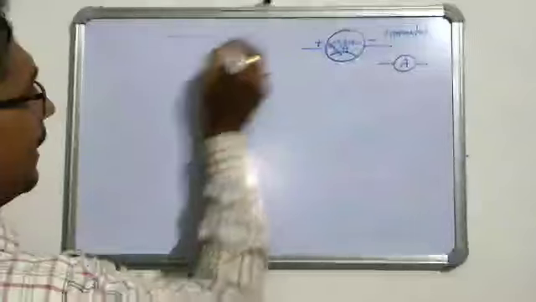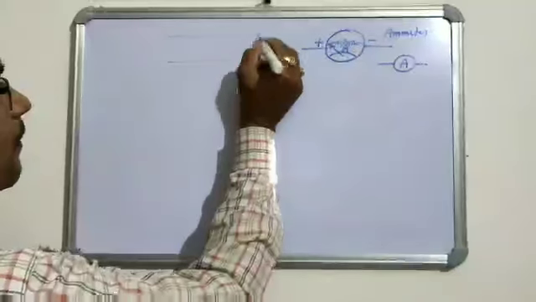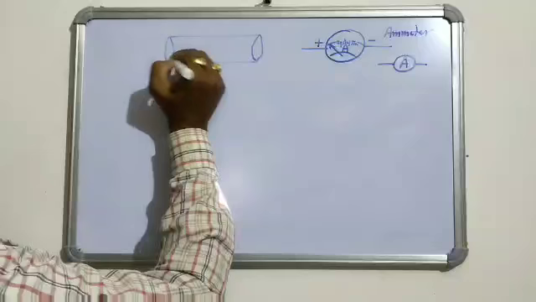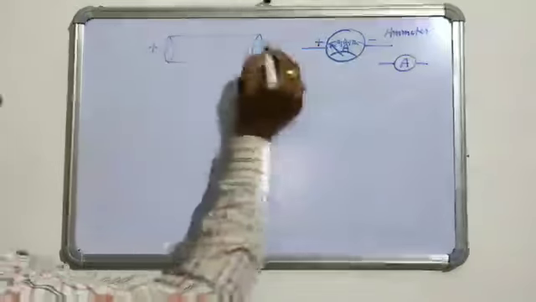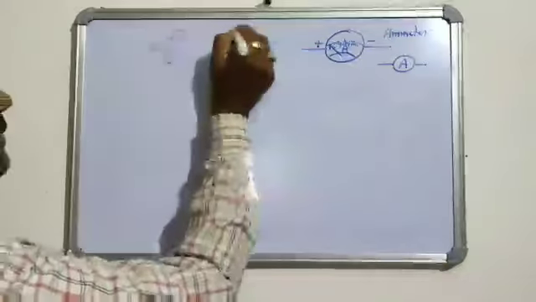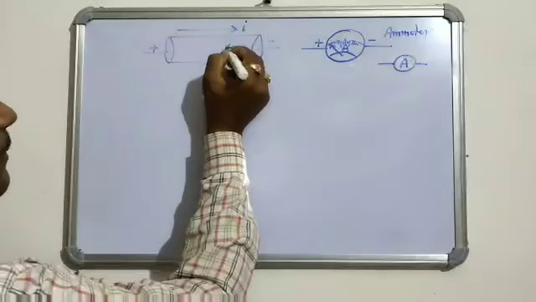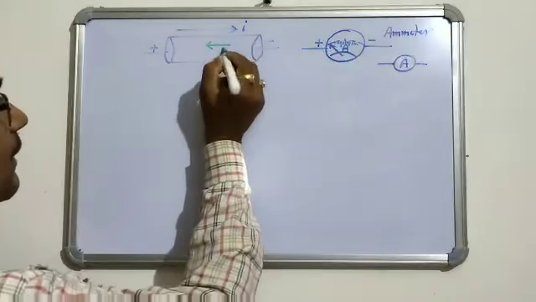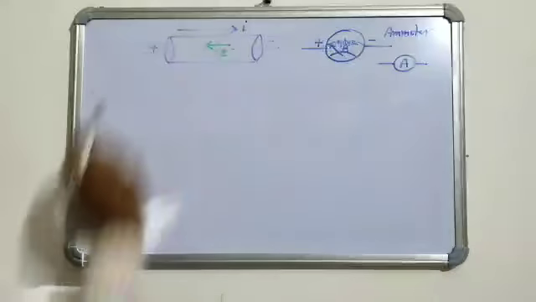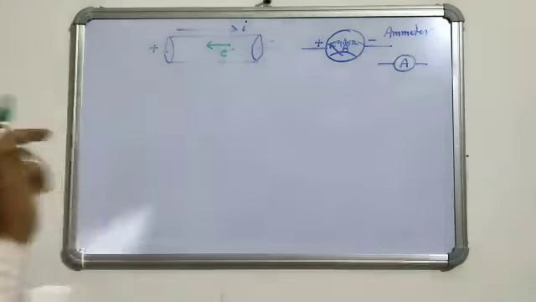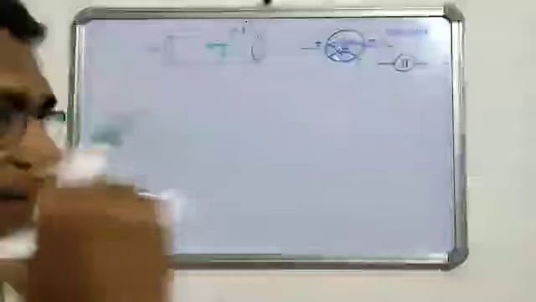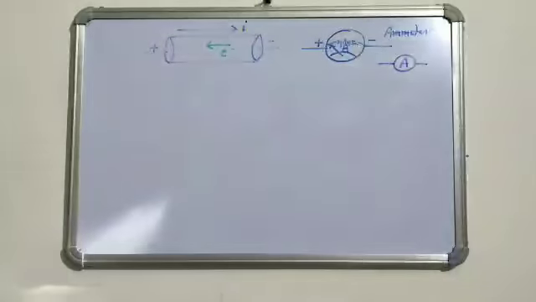And electric current flows in the wire from the positive end to the negative end. This is the direction of current, I. Electrons move in the opposite direction of the electric current. So remember, the flow of electrons is always opposite to the direction of current. Current moves from positive to negative, and electrons move from negative to positive terminal. Okay.